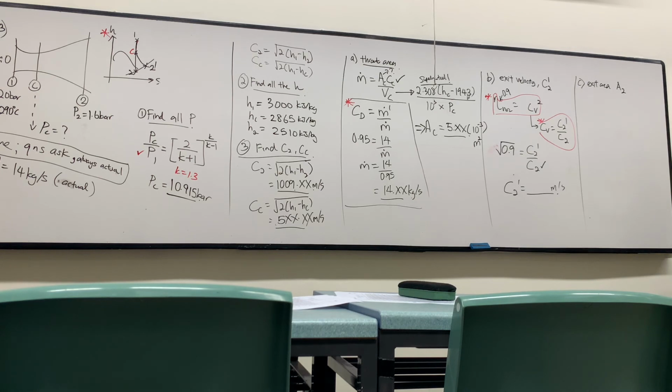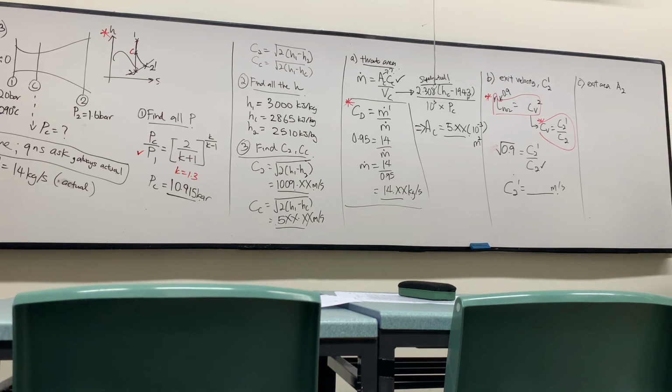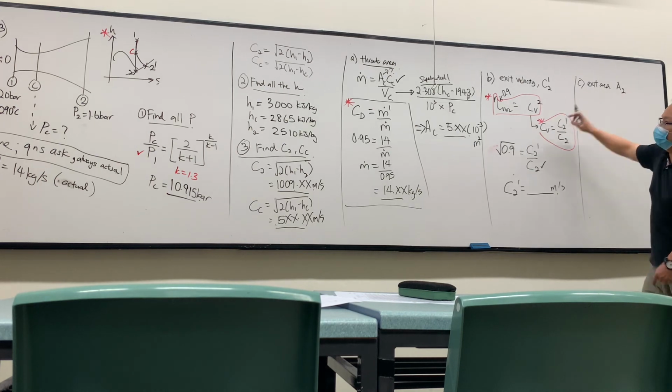Physical dimension of a nozzle. There's no actual dimension or ideal dimension, only one dimension. So no A2 prime, only A2. That's it. Clear? So to find this, you are going to use